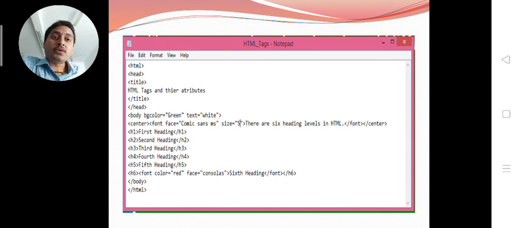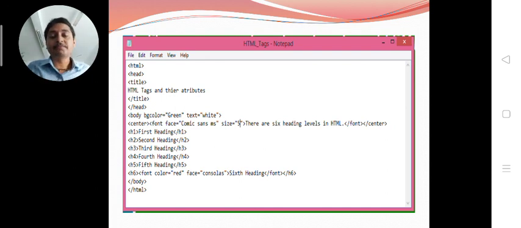Okay. Now we are closing the font tag, then the center tag. Now again all the 6 heading levels, and in the 6th heading we are also using another font tag. Font color equals red, face equals Consolas. Here we have written the complete body, meaning whatever text we write in the body will come in white color.